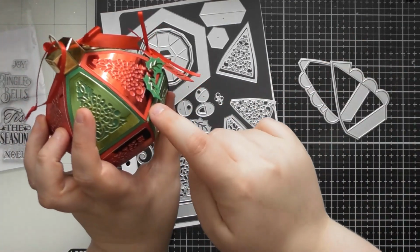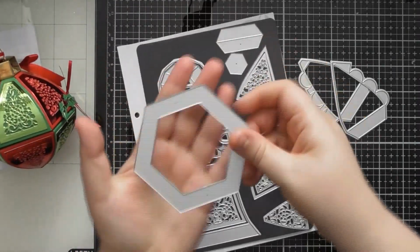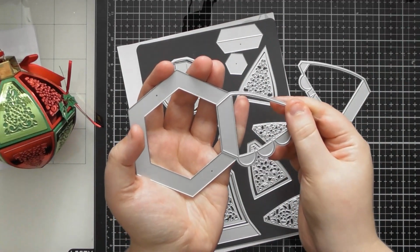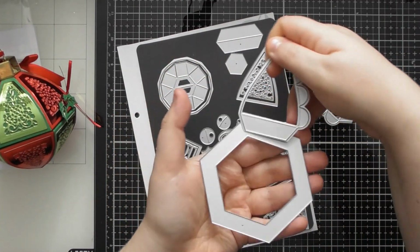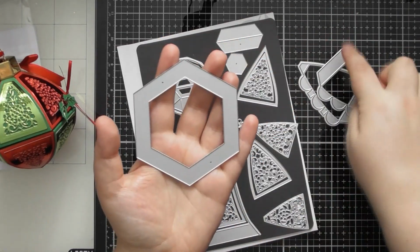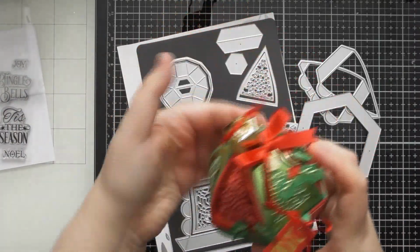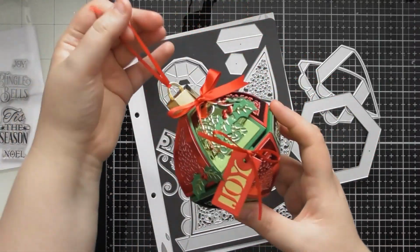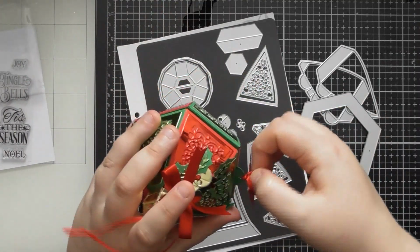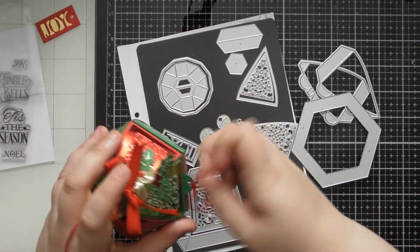As you can see here, it's completely folded inside there, and then you use this hexagon die as the main sort of base piece. These actual glue tabs will fit perfectly on top of the hexagon die with 6 of them going all the way around, and then use 2 of these to sandwich those glue tabs together and hold it all together, because not only is this a gorgeous bauble that you could just hang on your tree, when you actually open it, it is actually a gift box inside,